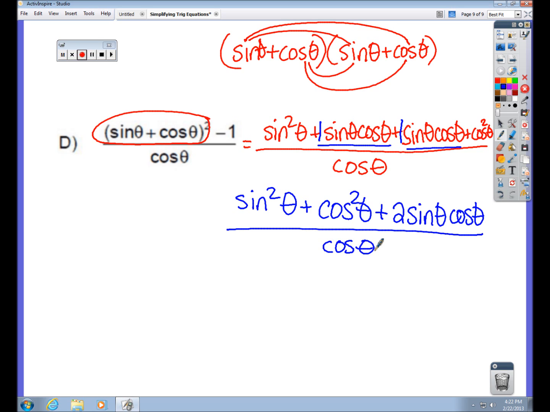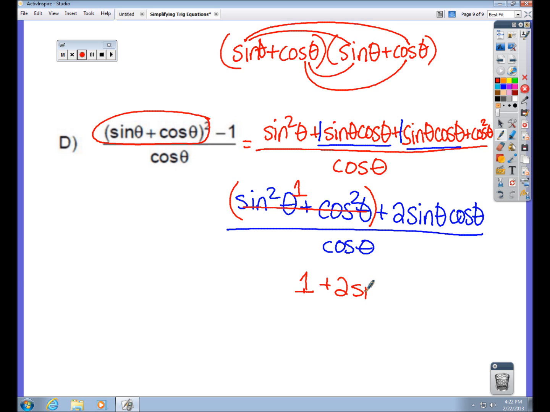Okay, so it's a little bit shorter, but there's still more that we can do. So look, we've got some squares in the problem now. We've got two terms that are squared, and this is the reason that I rearranged. What is sine squared plus cosine squared? Well, that's our Pythagorean identity, and we know that that equals 1. Okay, so I'm going to change this part to 1. So now I have 1 plus